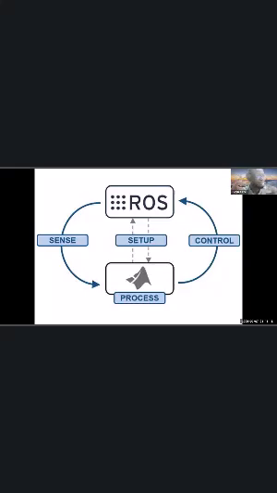So you have sense, then you have process. Process is more like trying to enable the robot to think. What kind of programming, what kind of analytics, what kind of algorithms are you designing? Then control, basically working with the process, right? Then you have setup. ROS is doing everything. Think of it as the software that enables robotics, the software for control and process. It means I run all my algorithms via ROS.